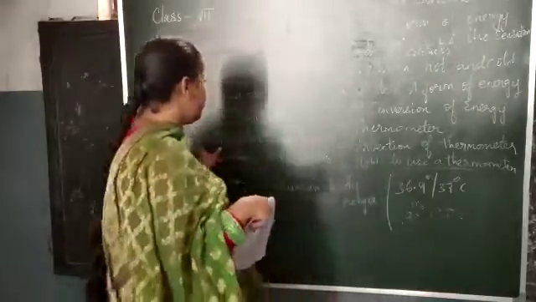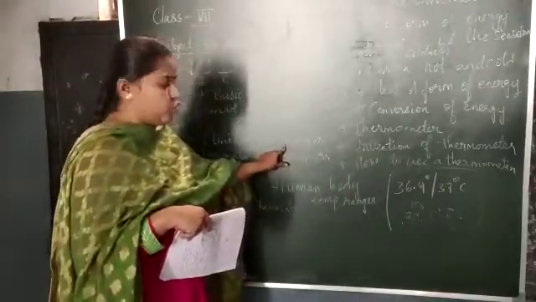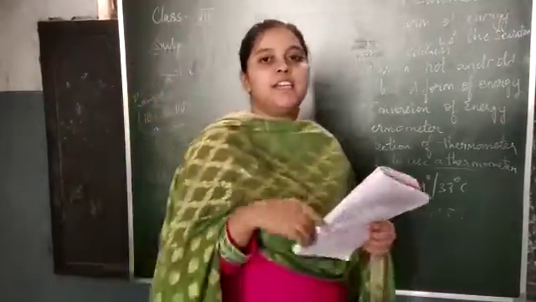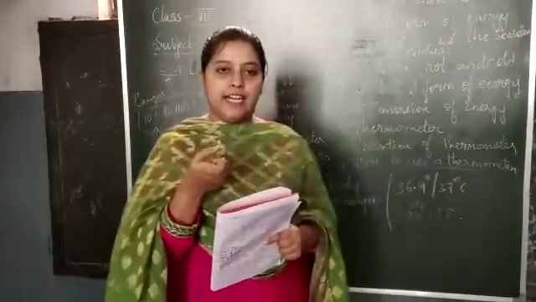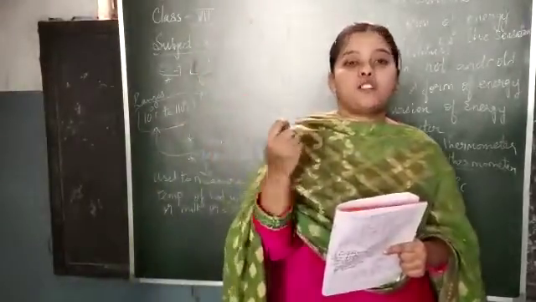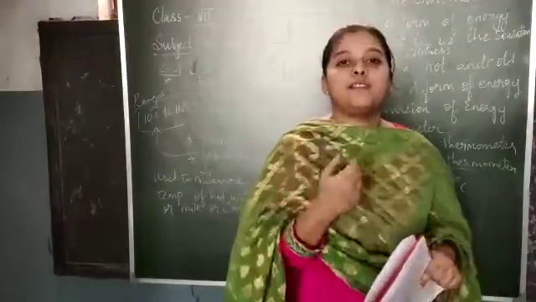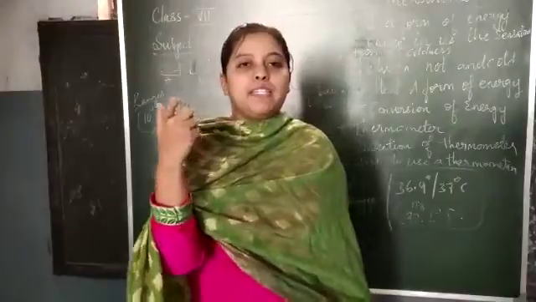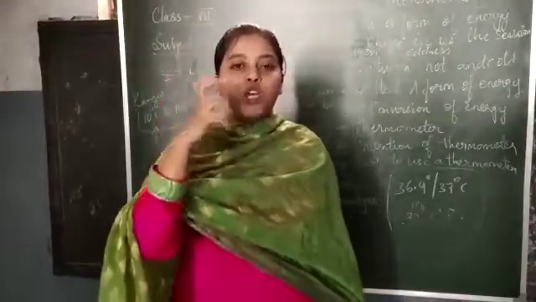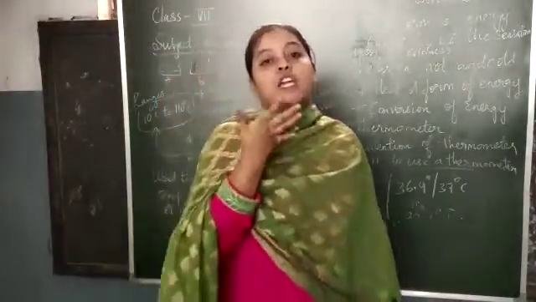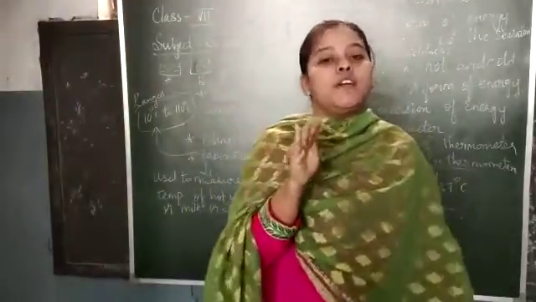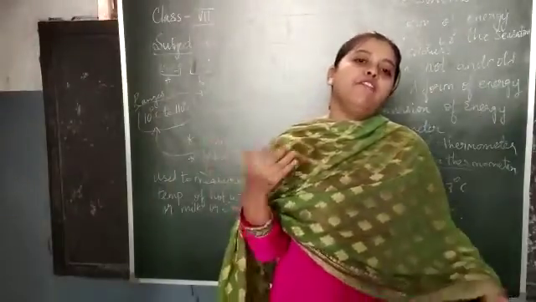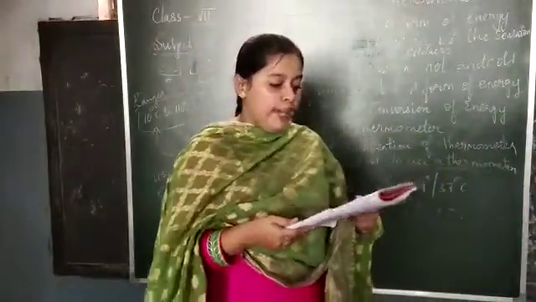This clinical thermometer, before we used, usually it is used by doctors, but nowadays digital thermometers have come, because the mercury present in the clinical thermometer is very toxic for us. That is, it is very poisonous for us. Children, if we are using a clinical thermometer and by mistake it falls down and the mercury comes out, and if we consume the mercury, we will get fatal. Fatal is nothing but we will die. Okay, now next coming to